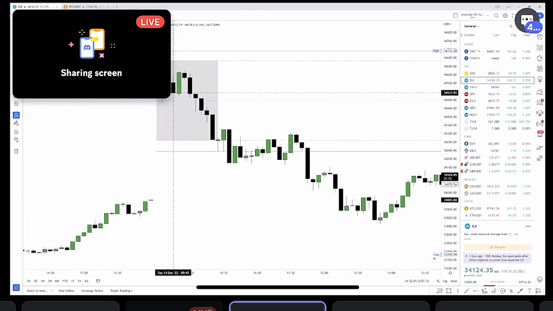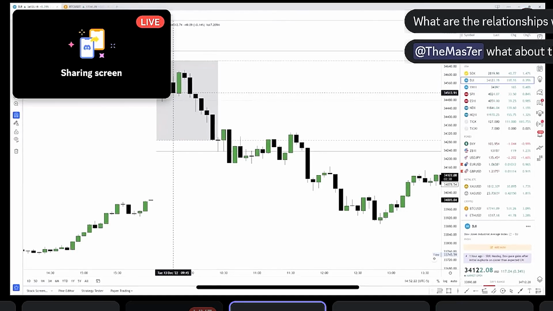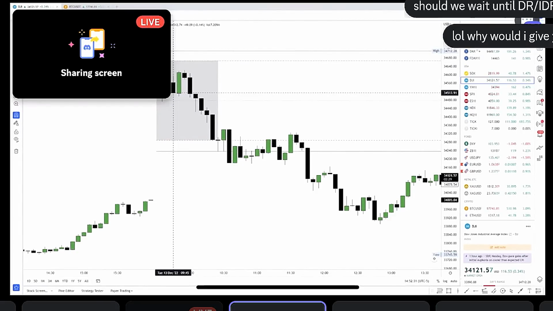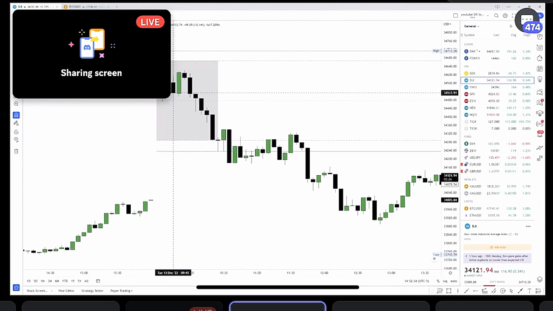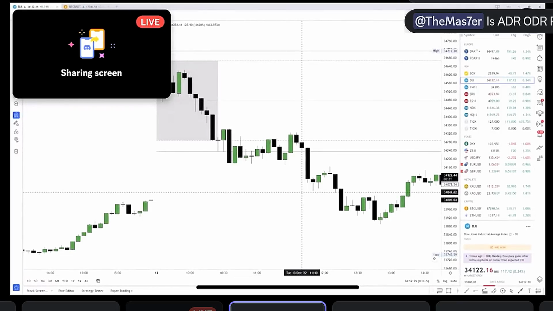The algo can't be changed, because where else should the algo take its parameters from? You need the big boys to come in. You need the big volume to come in. You never ask yourself why the volume in the first hour of the trading day is as high as in the following 3-4 hours. So there is no way it can be changed. I can tell you that. Whatever is happening, however price is reacting, DR and IDR and all the other levels can't be changed. It's impossible from a technical standpoint.